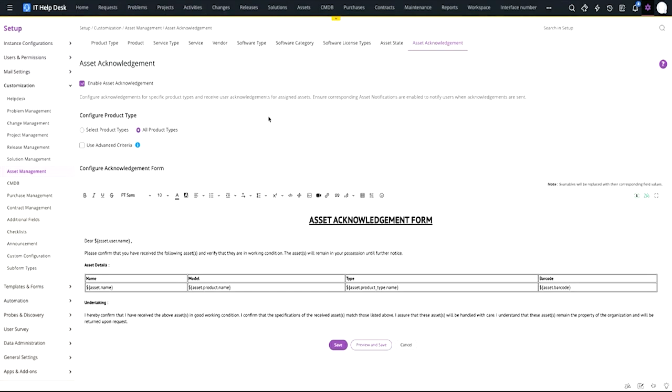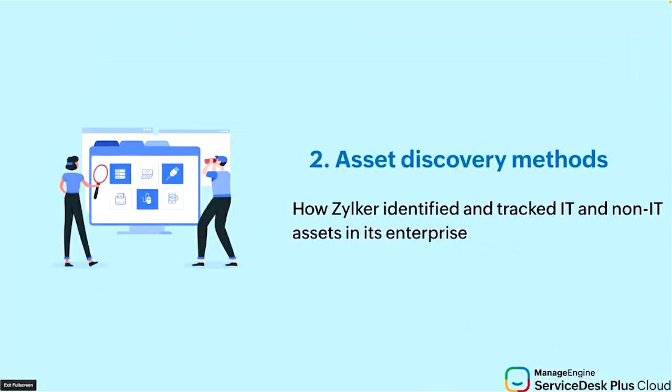So in this, we did see how we'll be setting out the basics of asset management. The basics would be setting up the base, like a product type, your product, your services, vendors. All of these details need to be set up before we are bringing in assets to the application. So once this is done, once your attributes are set up, the next step would be bringing assets into the